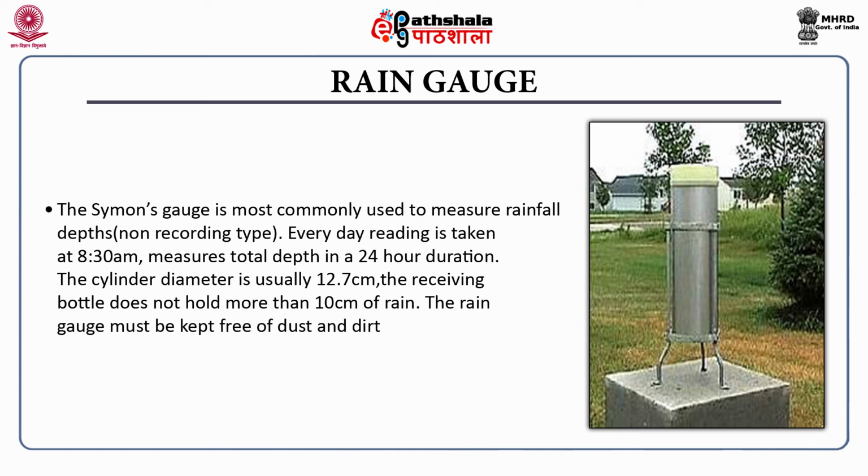So, this gives us the daily measurement of rainfall, which means we do not know how much rainfall has occurred in 1 hour. Whether it has occurred for 1 hour or 4 hours or 10 hours, we measure it as the total water measurement over a 24-hour period.